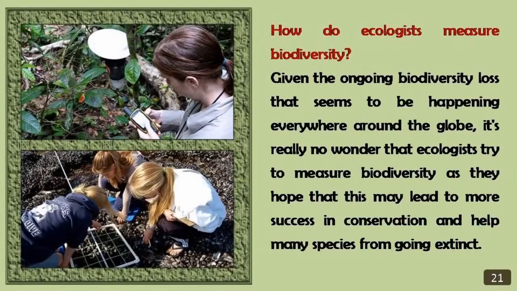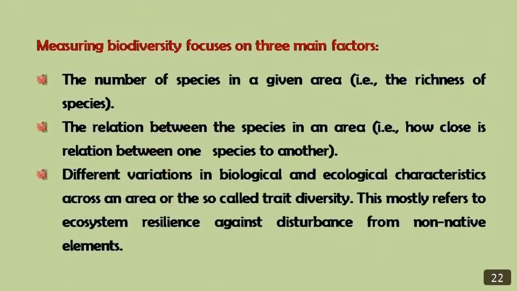How do ecologists measure biodiversity? Given the ongoing biodiversity loss that seems to be happening everywhere around the globe, it's really no wonder that ecologists try to measure biodiversity, in the hope that this may lead to more success in conservation and help many species from going extinct. Measuring biodiversity focuses on three main factors: the number of species in a given area, that is,